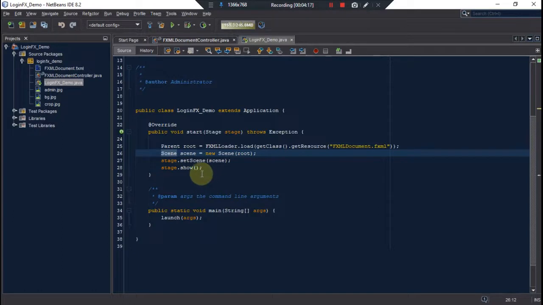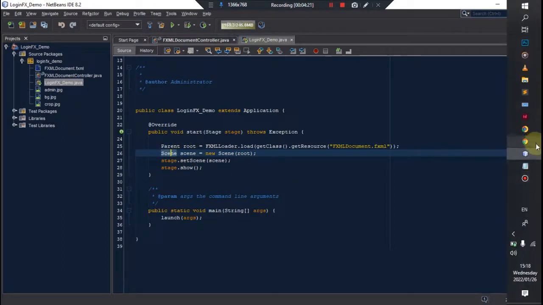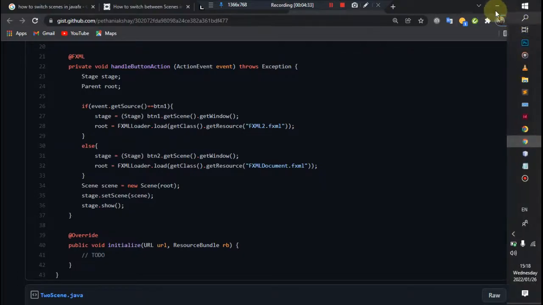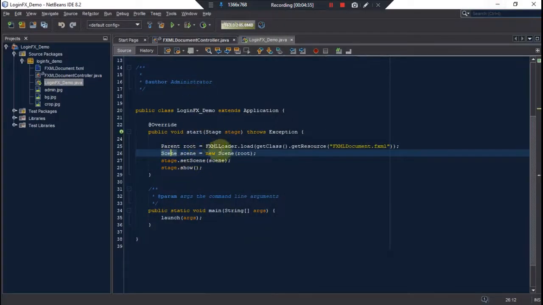So it is as simple as that. Just use this code, but let's navigate back to this guy's code and see how he did it. After creating a stage, he creates a root that you already have here. Alright, let's copy this out